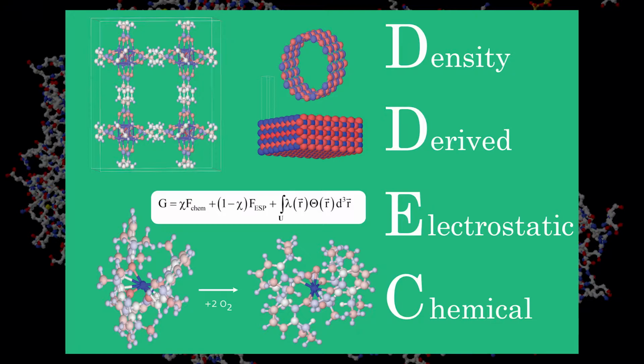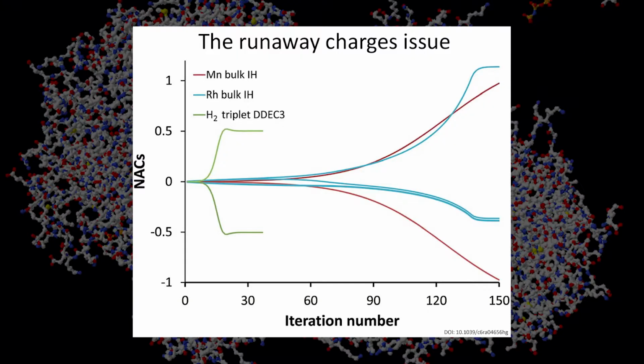The DDEC-1 and 2 methods were a combination of the iterative Hirschfeld IH and the iterated Stockholder-Adams methods ISA. The DDEC-6 method does not include either of those because it has a different functional form. Among the problems fixed by DDEC-6 method and encountered in IH and DDEC-3 is the runaway charges that resulted in assigning different NACs to equivalent atoms in a material, such as manganese bulk, rhodium bulk, or the hydrogen gas spin